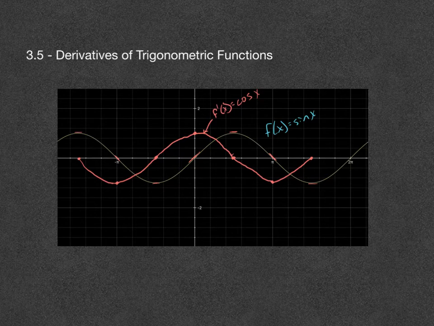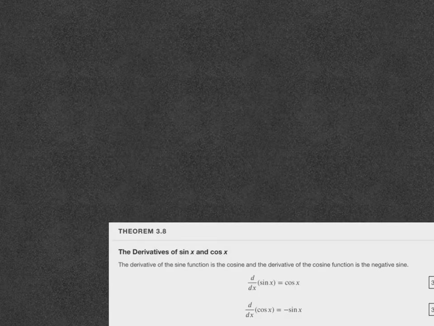And like I said a few minutes ago, the text does have derivations of why this is in fact true. They go through it with the limit definition of the derivative. I'm not going to do that in this video, but you can feel free to read through it on OpenStax if you choose to. But what you really need to remember, what you've got to have in your brain, is that the derivative of sine is cosine, and then when we differentiate the cosine of x, that is negative sine x,